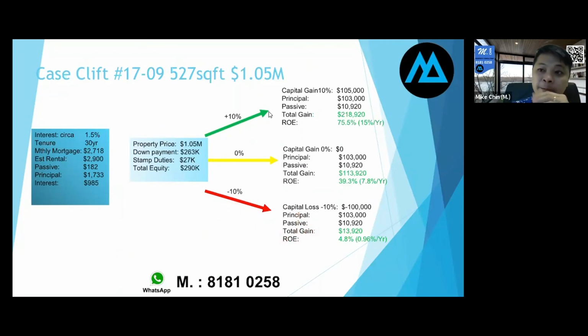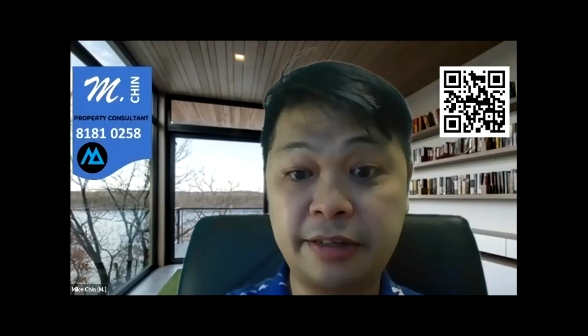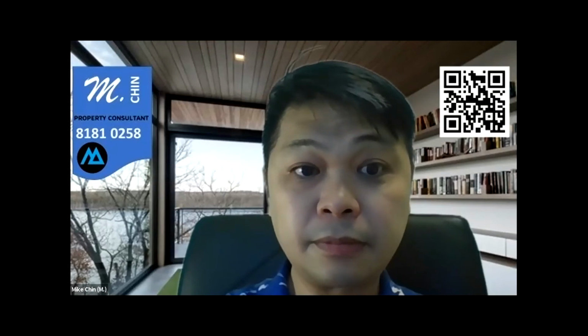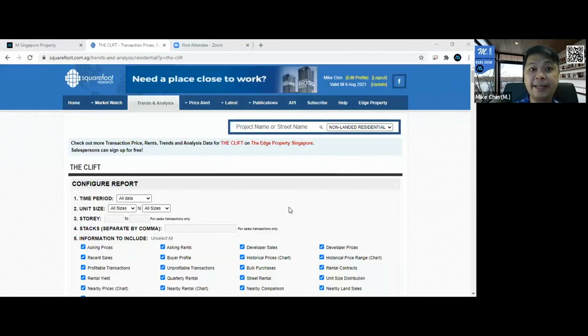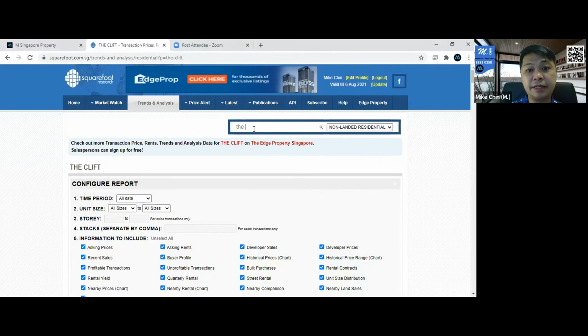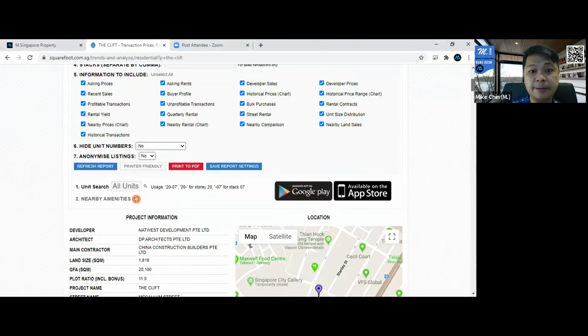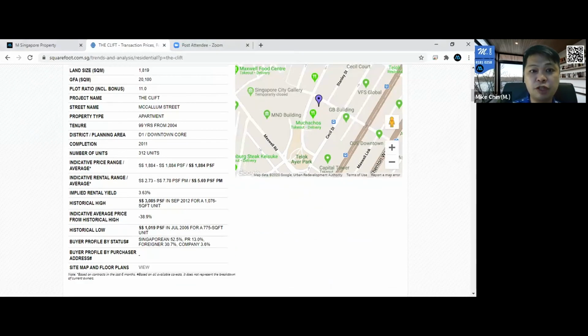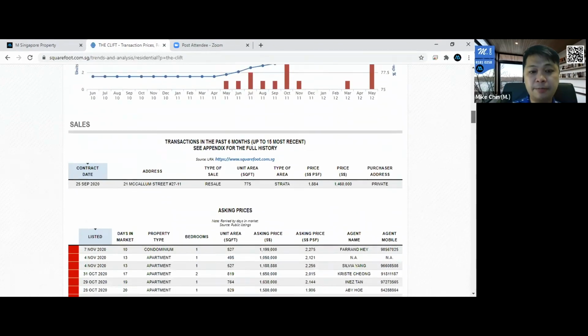So you say, are you sure you have such property? Let me just stop share here and zoom in into the public data to let you take a look at it. Okay, guys, you have seen this as the square foot, which is the URA data. I have already taken the data from the key. So as shown here, so to start the process. So let's zoom in. This is a 312 units development at town area.